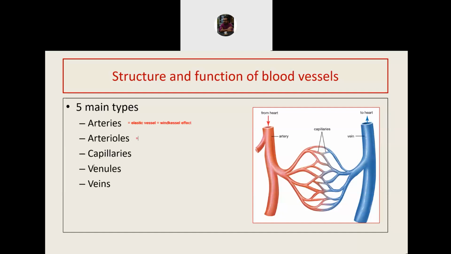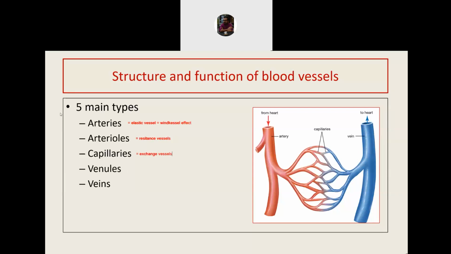Arterioles are very narrow and sometimes associated with sphincters as well. Now, the arterioles being very narrow and arranged in series, they contribute maximally to the total peripheral resistance. That is why they are also known as the resistance vessels, vessels that contribute maximally to the total peripheral resistance. Capillaries do not contribute any resistance nor have the capacity to store blood. They are the areas of exchange of gases, nutrition, and toxic products. So they are known as exchange vessels.